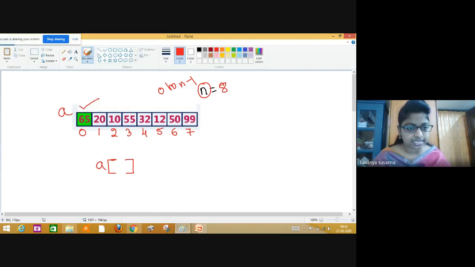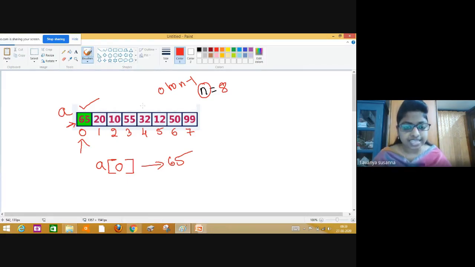What is the index of 65? 0. A of 0 is nothing but 65. A is the array name. A of 0 means 65.